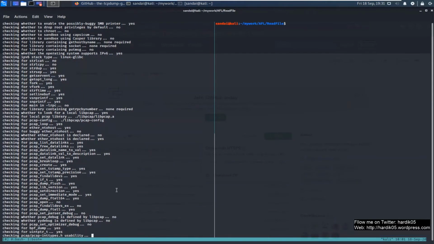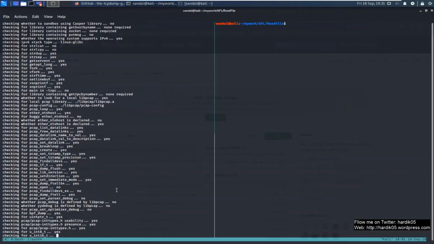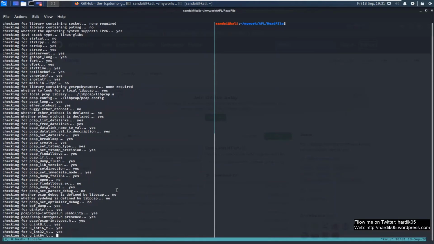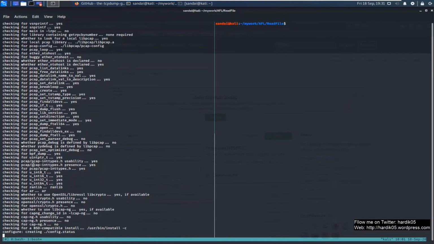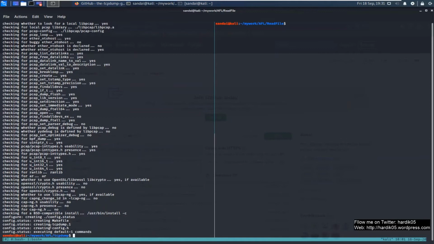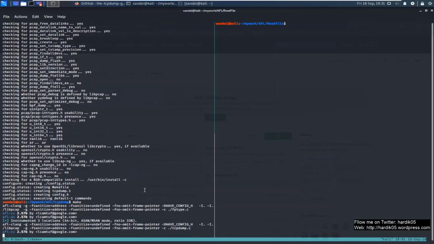So far so good. Okay, it has created a Makefile, so we will just compile it using make, and let's wait for some time. You can see that it is getting instrumented over here by afl-cc.